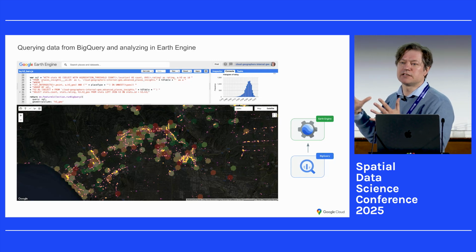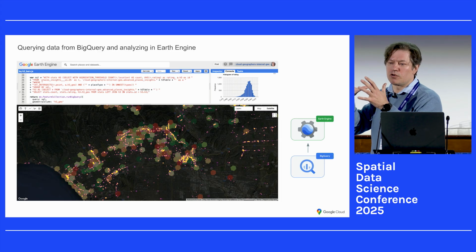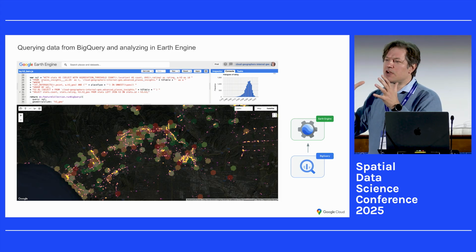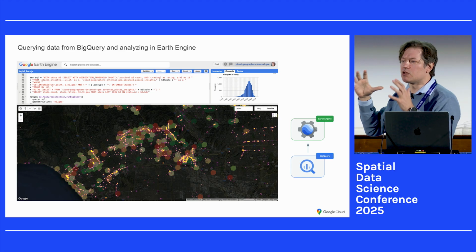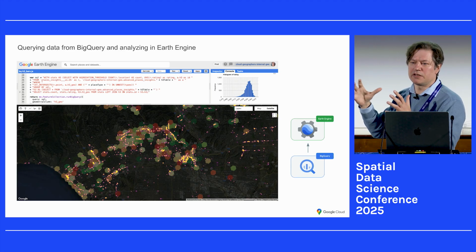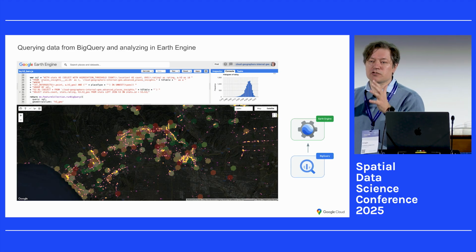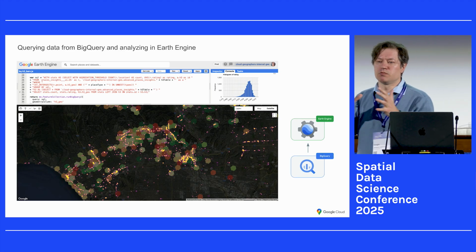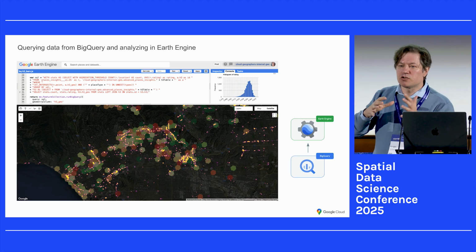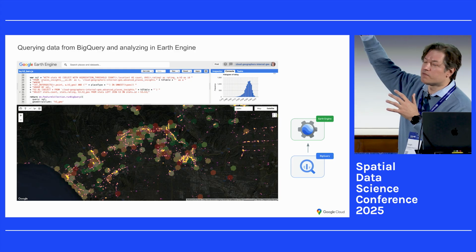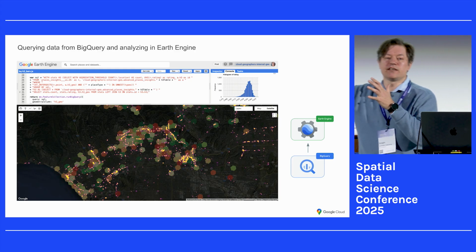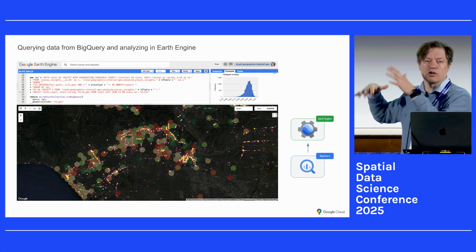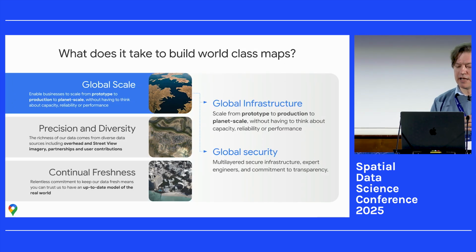We realized that working with platforms like Earth Engine, which has a long history, is very good for image processing, but it requires quite a lot of skills to manage. And for people who work there with vector data, we felt they were limited. Moving this data around was not easy. So we added another connector where in Earth Engine, you would just write a SQL query, querying data from BigQuery, and that goes backwards. It scales quite nicely, so you can combine and analyze these data sets easily.